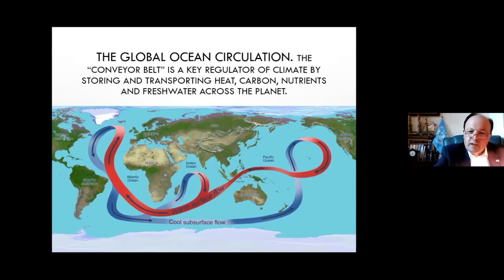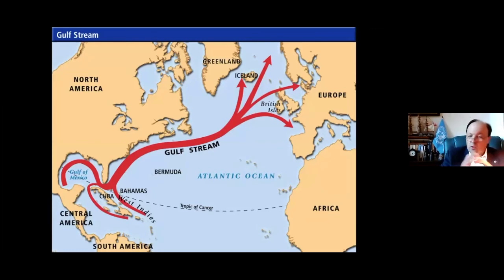I would like to give an example of this global ocean circulation and how it works for us, particularly in the North Atlantic region. We pay special attention to the North Atlantic ocean circulation and the Gulf Stream. The reason is the Gulf Stream is part of the North Atlantic Gyre, which is a circular ocean surface current as a result of the surface winds and the Coriolis effect.